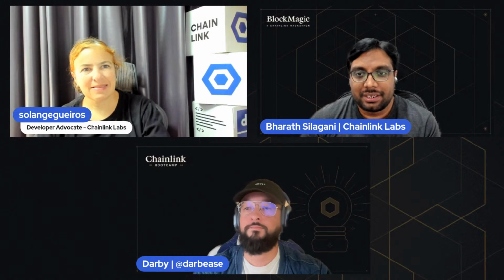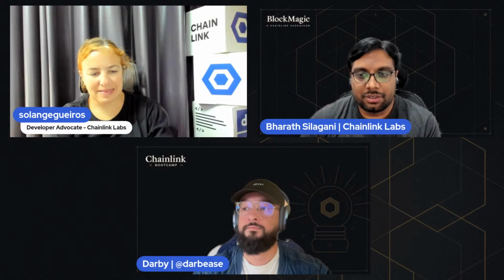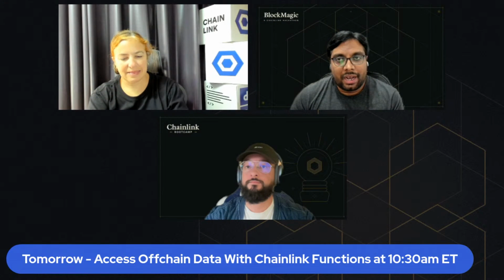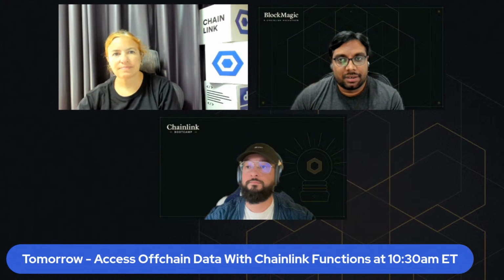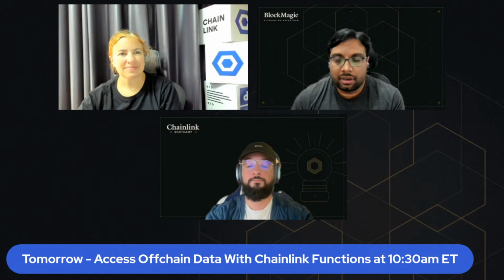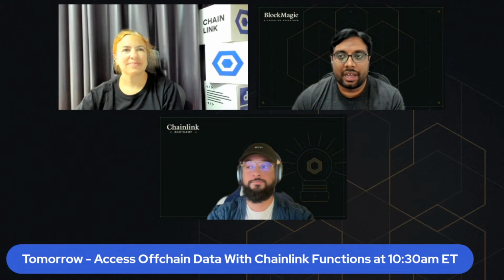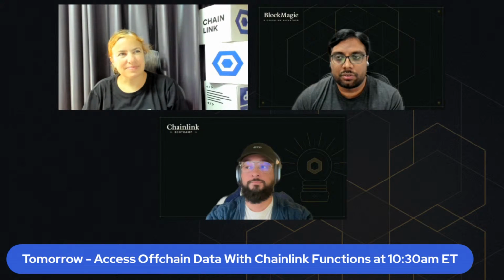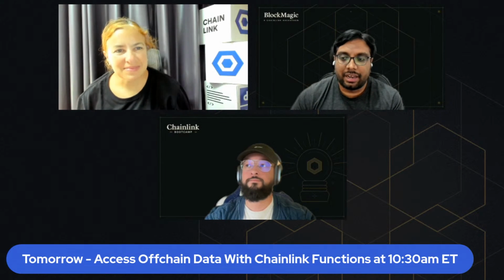Yes, we do have day 9. We are going to learn more about how to access off-chain data using Chainlink Functions. In the earlier classes, we were learning a lot about how to fetch market and token prices from Chainlink price feeds. But what if you want to bring weather data, sports data, everything into your smart contracts? Whether you have your own endpoint or a database where you are storing the data, that is what we're going to learn tomorrow. So make sure that you are here again at 8 p.m. if you are from India,